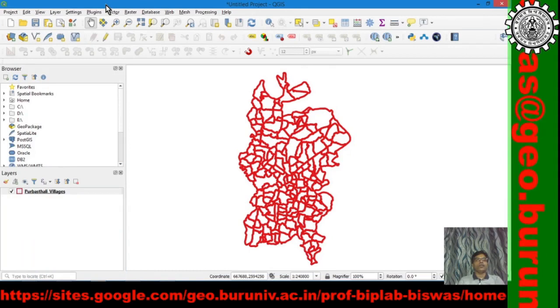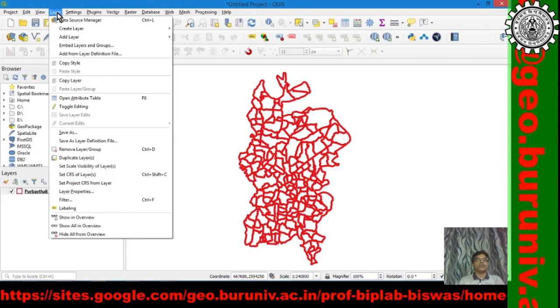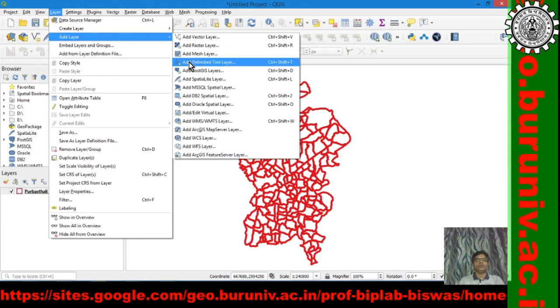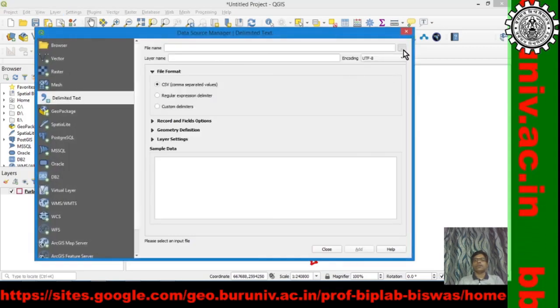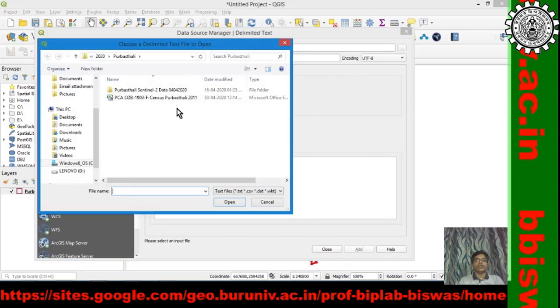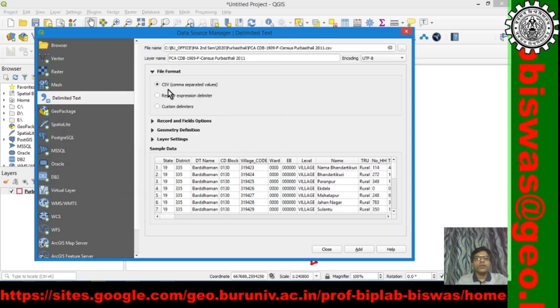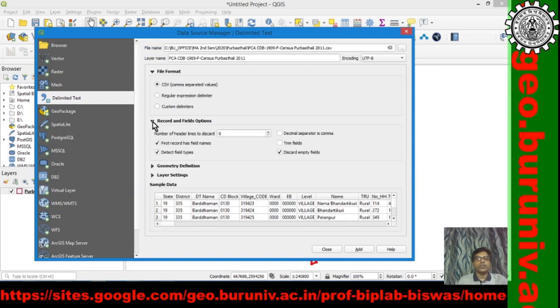Now we can add the CSV file. Identify the CSV file. This is the CSV file. Open. This is the CSV file format. So, you see record and field options.